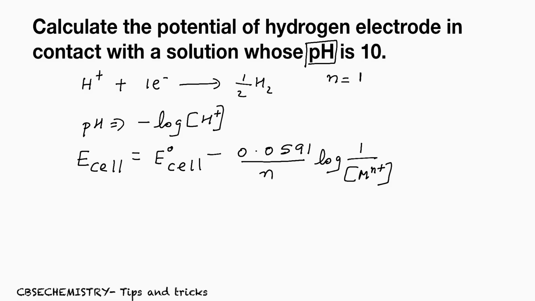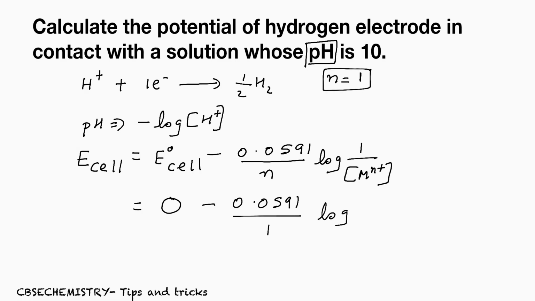For hydrogen, what is E0 cell? We know it. It is a reference electrode, so it is 0. For SHE, we know E0 cell is equal to 0. Now 0.0591 by n. What is n? We already know it, 1, log 1 by concentration of H plus. Now we can solve this, right? So minus